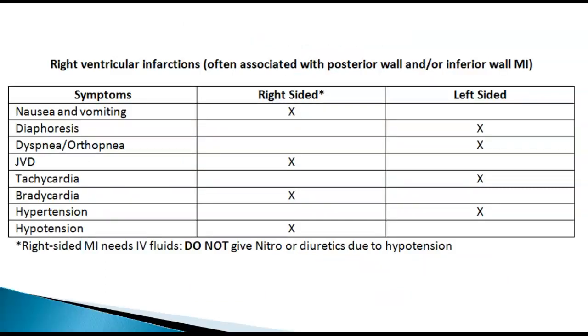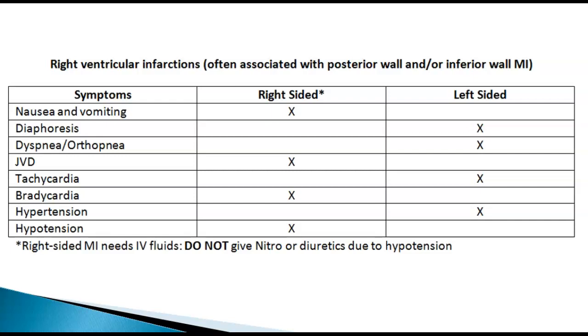So let's talk a little bit about signs and symptoms. If it's the right side of your heart, think about it: make your heart like a Valentine's heart, and then turn it so the bottom of your heart is towards your left side, or your armpit. So the right side of your heart now is on the bottom. If you have a right-sided heart attack, your heart is sitting right next to your stomach, and so the symptoms might be agitating your stomach. Therefore you might have nausea and vomiting.